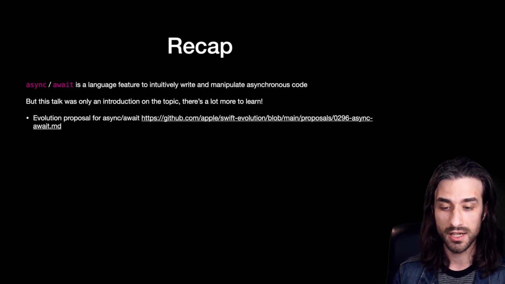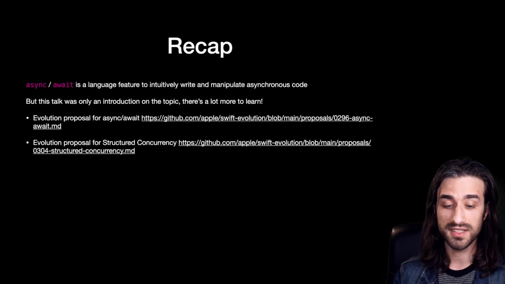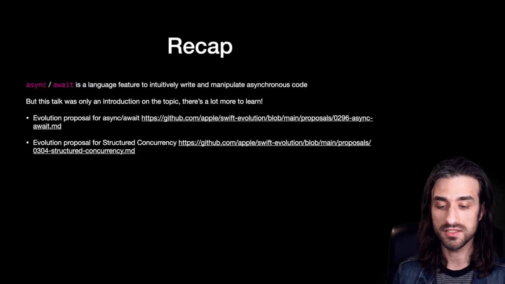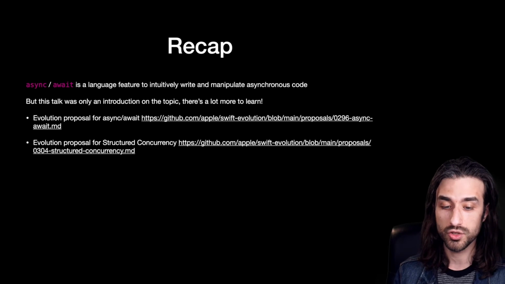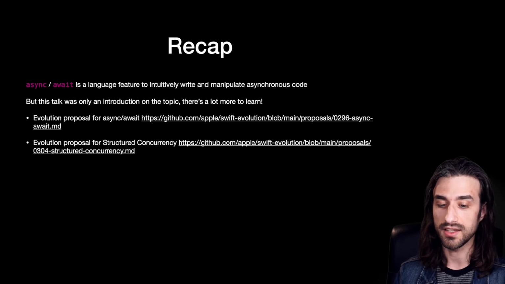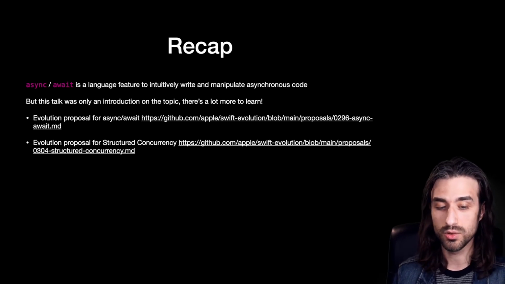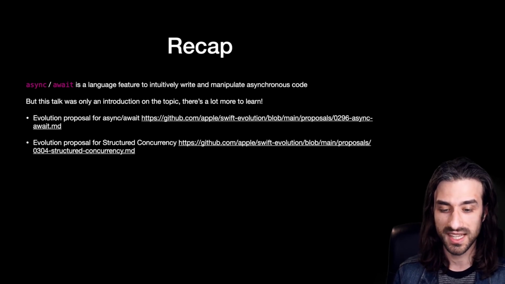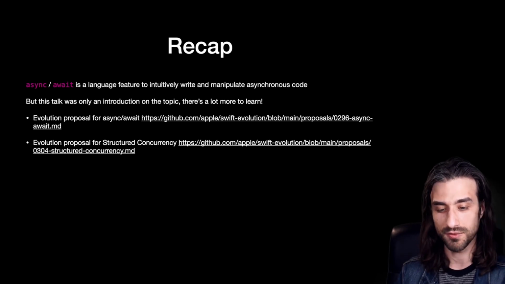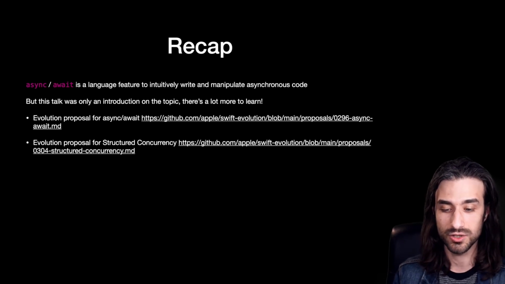So I've put the links. The first one is a link to the Swift evolution proposal for the async await keyword. If you take a look at it, you will see that it is more or less what we have covered in this talk. Then there is another evolution proposal, but this one is more dedicated to what is called structured concurrency. So it's all this idea of having a task hierarchy and using async let. Here I have not covered everything, and if you take a look at this proposal, you will see that there is a lot of detail and a lot of reflection on the part of the people that are implementing this feature into Swift.